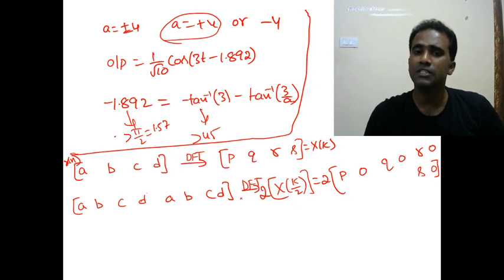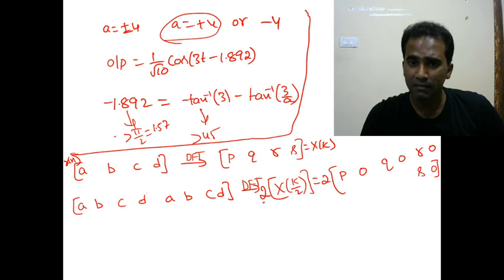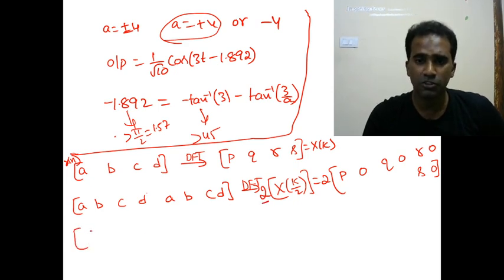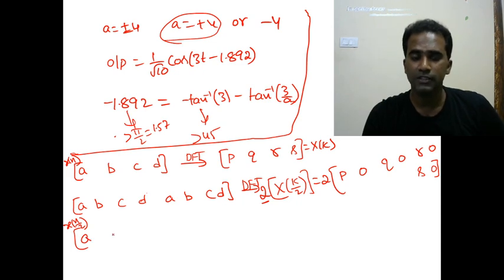So like this, you can extend it for any number of repetitions. But however many times it is repeated in the time domain, that number is multiplied as a scaling factor. Similarly, let us discuss the opposite of it. If you do x of n by 2, which means you do zero interpolation in the time domain, a0, b0, c0, d0,